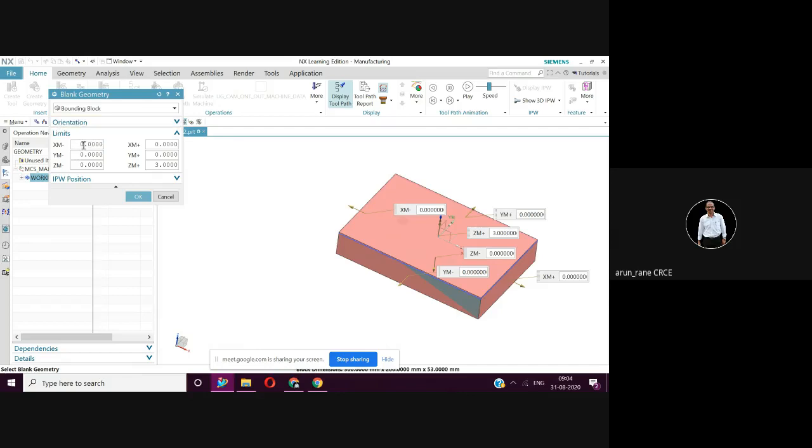So I'll write -3 on this side, then +3 in the X direction, and then in the Y direction again -3 and again +3, and in the Z direction on the top it is 3.